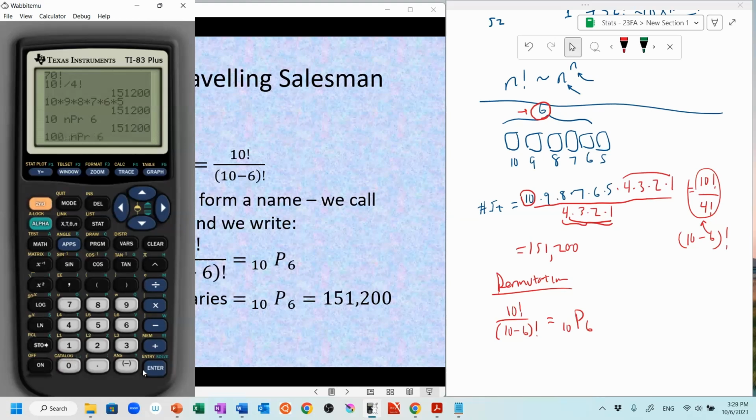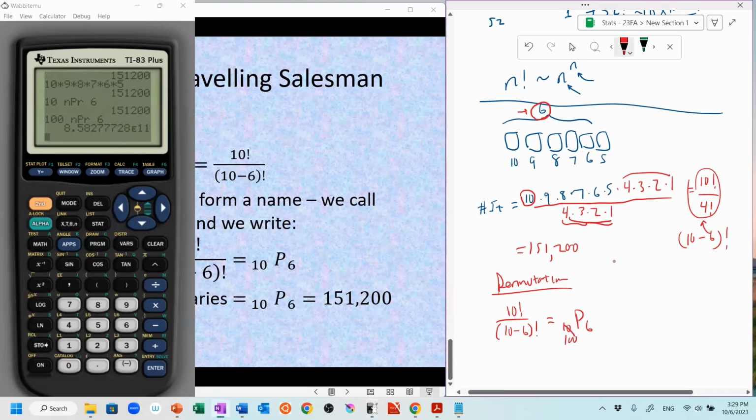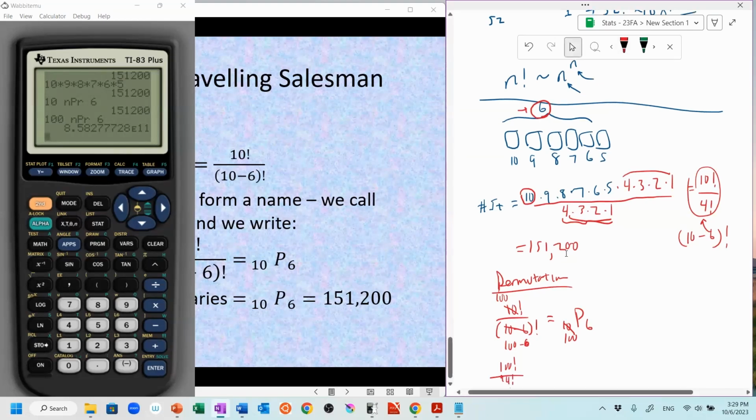So insert a 0 here. 100 P6, I mean, it's a big number, 8 times 10 to the 11, but it doesn't overflow the calculator. But what would 100 P6 give me here? This would give me 100 factorial over 94 factorial. If I were to try to do that,